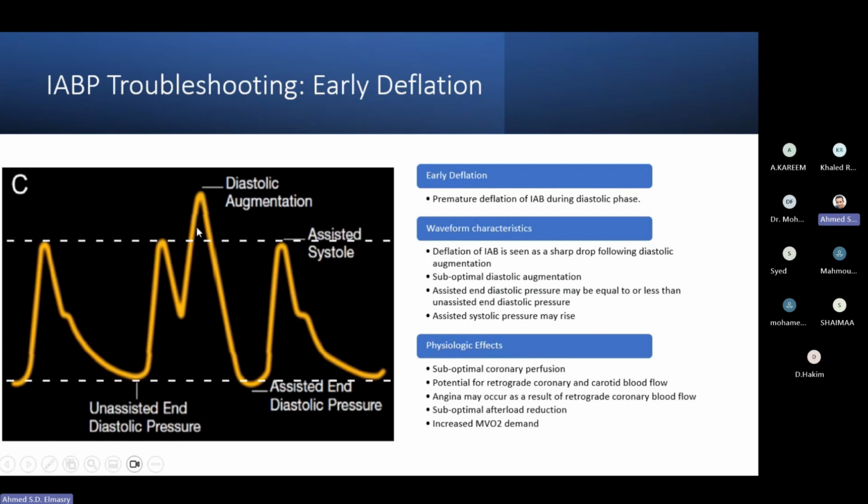But as you see here, the intra-aortic balloon started the inflation here. The inflation point was at the same level of the dicrotic notch. Inflation is fine, perfect. Diastolic augmented pressure is higher than the unassisted systolic pressure, which is okay. Then the balloon started to inflate, giving diastolic augmentation. So this will increase the blood flow to the coronaries, but it was supposed to be inflated for longer duration. Unfortunately, the deflation started very early, so this will lead to a rapid drop